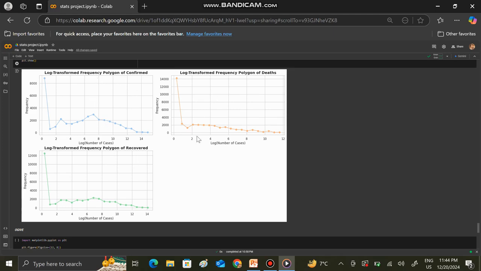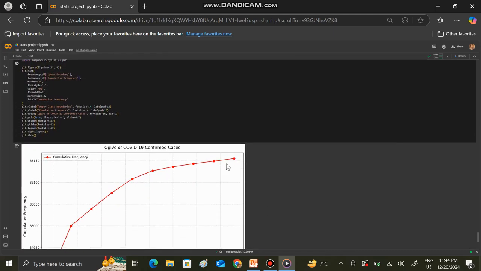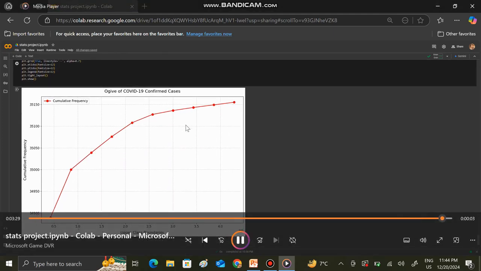Now we're going to use the cumulative frequency in order to find ogive. Calculating